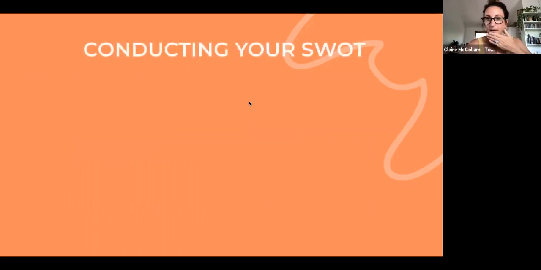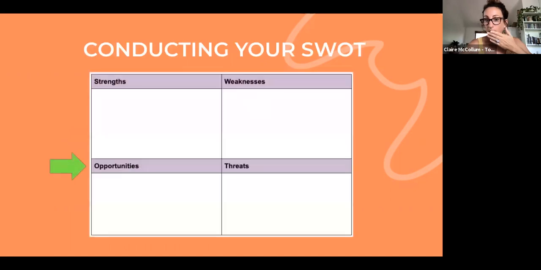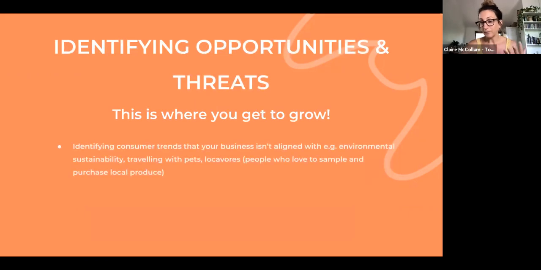So looking at opportunities and threats, how are we going to obtain this information and what is it that we're looking for when we talk about opportunities and threats? When we think about opportunities, this is a really important part, because this is where we really get to grow. The easy part is identifying what our strengths and weaknesses are, but where we need to put our thinking cap on is where we really need to think about